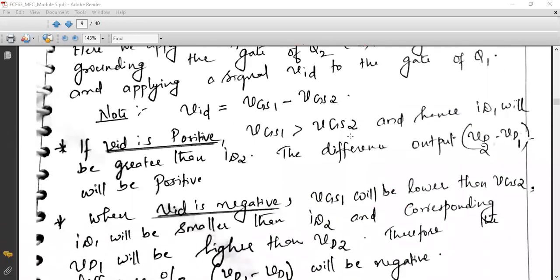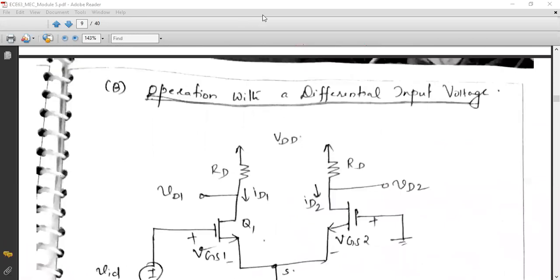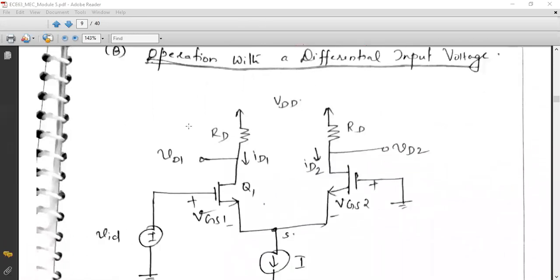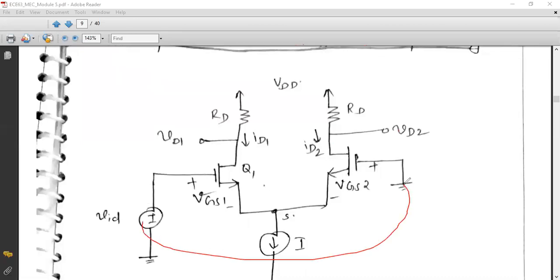That is case one. Similarly, what will happen if VID is negative? VID negative in the sense, the converse case. That is, if I am applying a positive voltage over here, and suppose this terminal is grounded, that means a lower voltage at the gate of Q1. So in this case, VGS2 will be higher, right? VGS2 will be more positive,